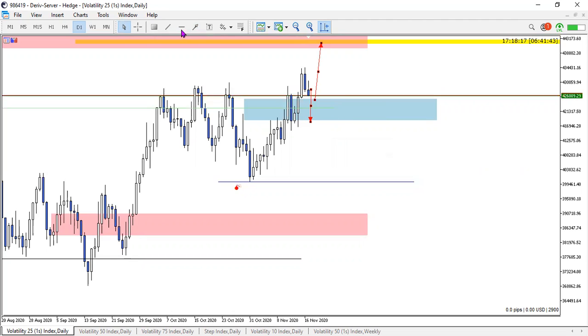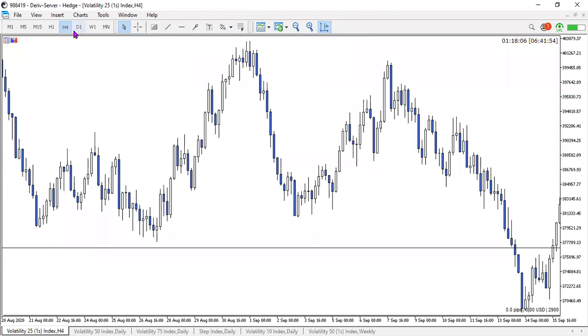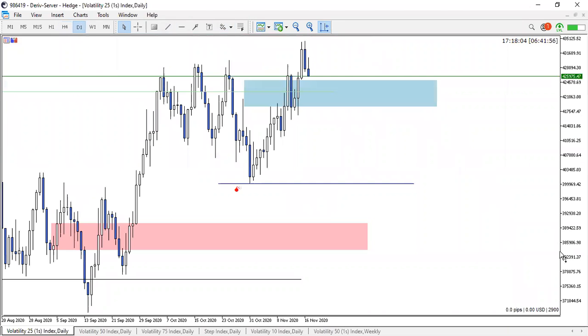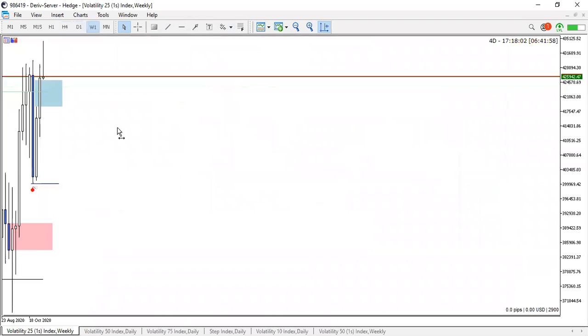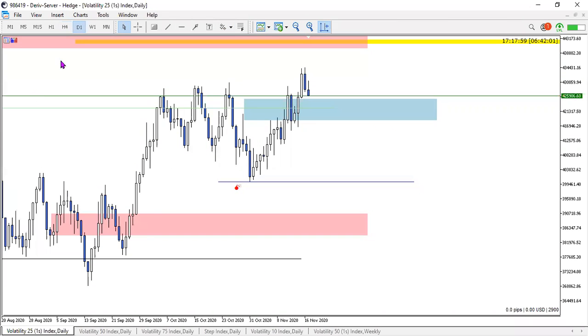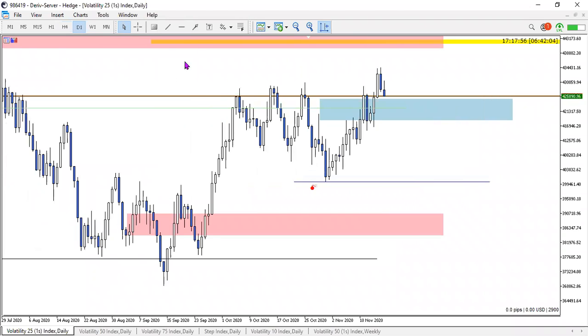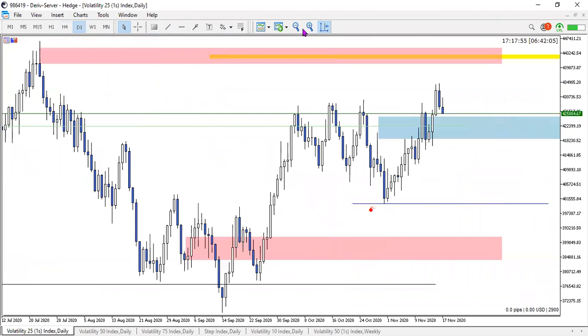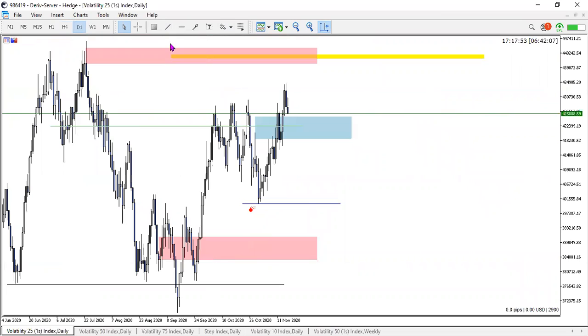If that does happen, then what I will be looking for is selling opportunities off of that level back to the downside. Not really any more information on that setup because we haven't seen evidence of an entry yet on the higher time frame, which is the daily. So I'll be waiting to see what happens on the daily. At the moment, it does have a probability to sell, I just want to paint that picture as well.